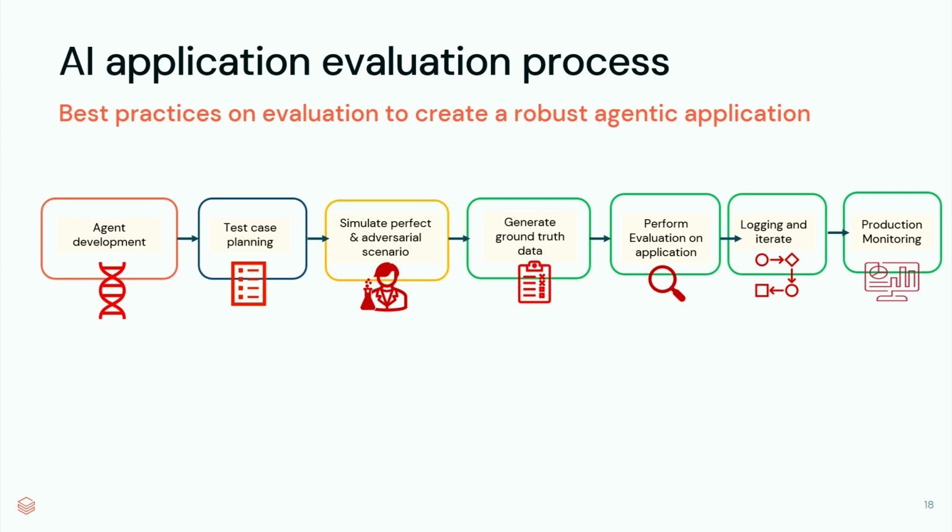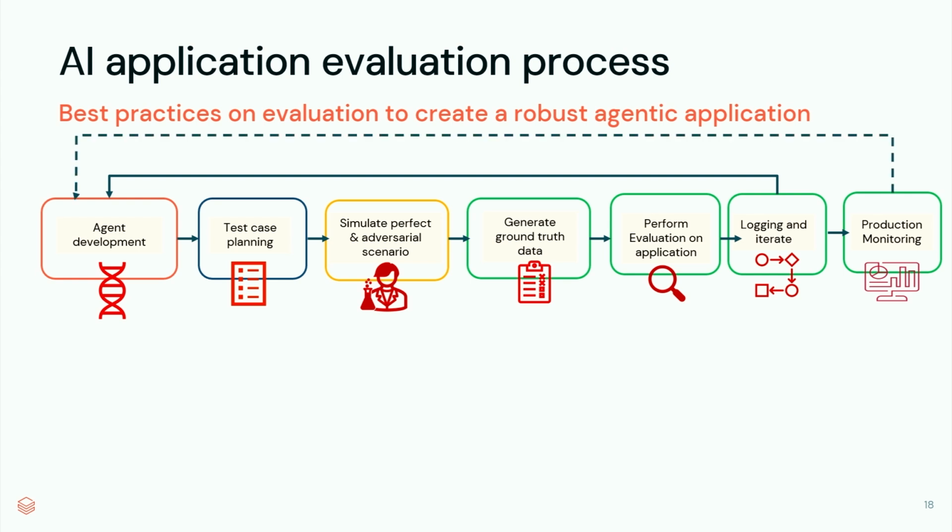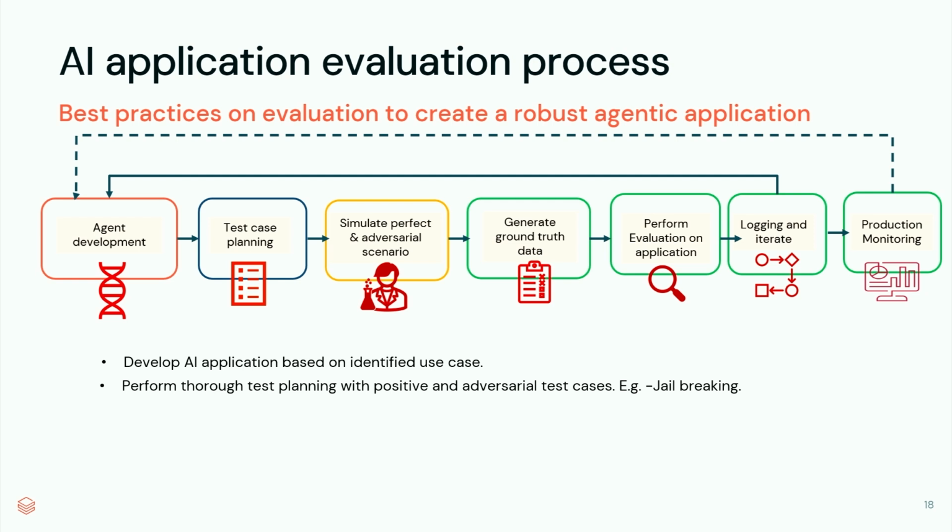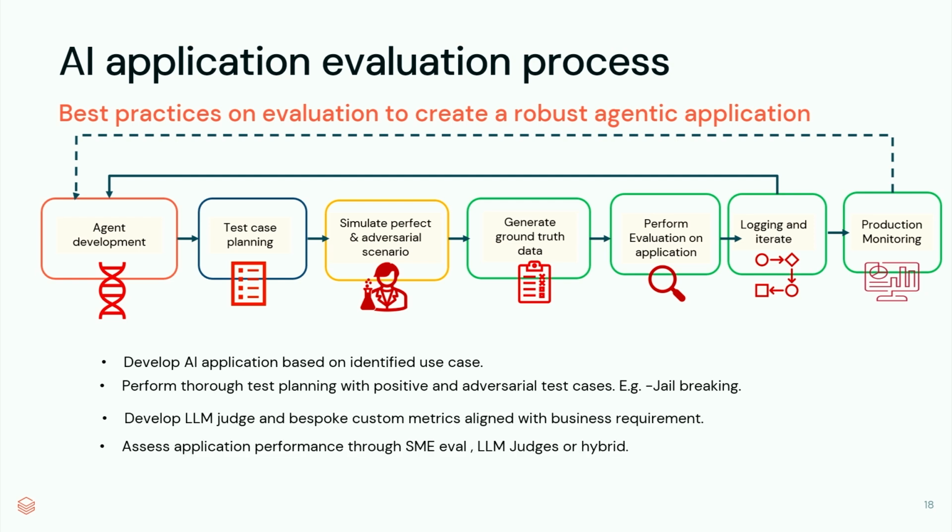And production monitoring should go hand in hand. Do not think that you can do it later, because this becomes more and more important, even more than evaluation, when things are in production. And that loop which I mentioned earlier should be going. There should be some sort of feedback loop going back to your agent development lifecycle, whether you are validating through humans or through alert mechanisms, through machines, that's up to you. But that's the overall flow, I would say.